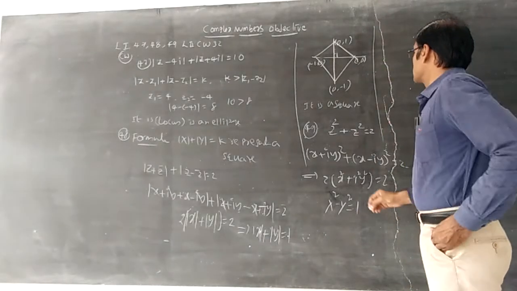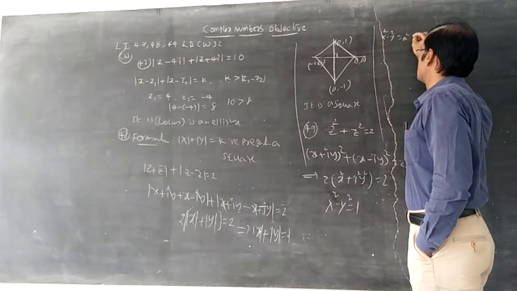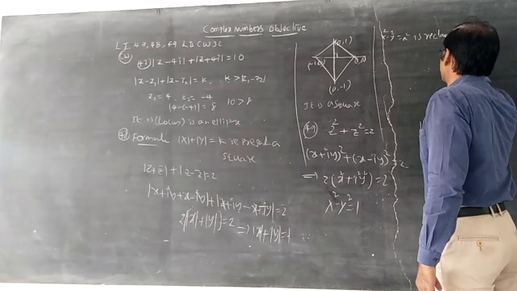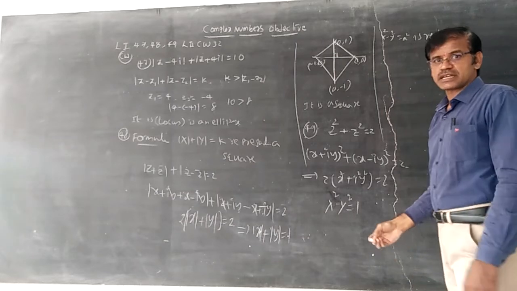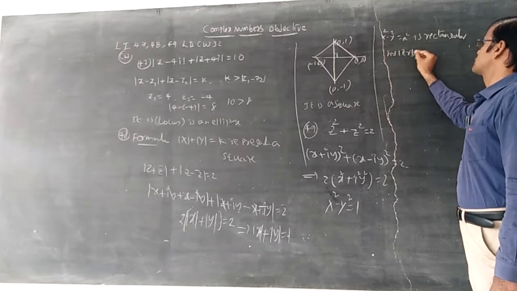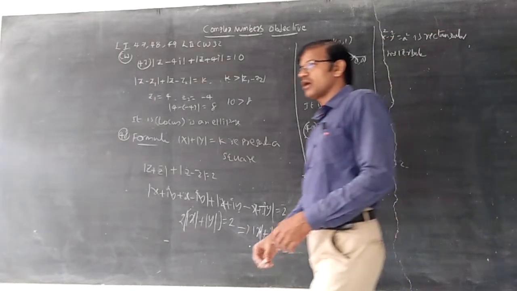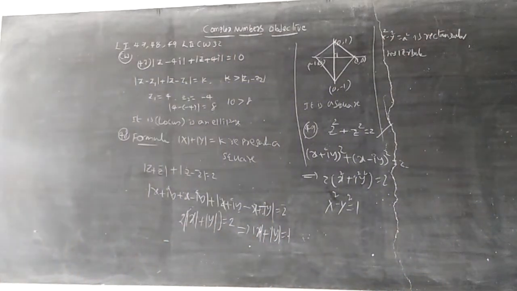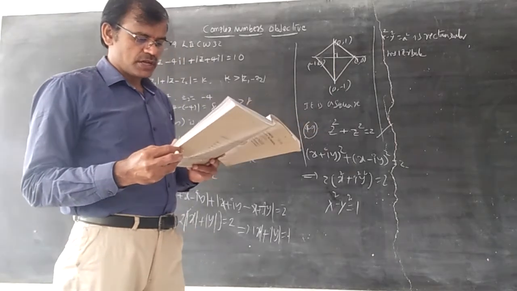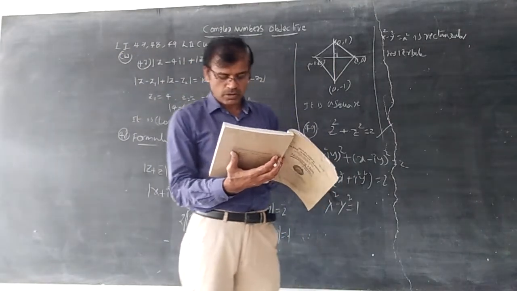I said that x squared minus y squared equal to a squared is a rectangular hyperbola. So the locus of this z squared plus z bar squared is a rectangular hyperbola, or a general hyperbola. The option may be hyperbola only. The option is given as only hyperbola, no problem. Even though it is a rectangular hyperbola, it is a hyperbola.